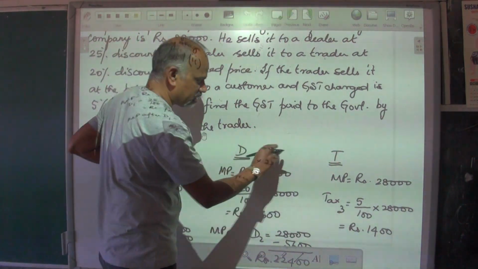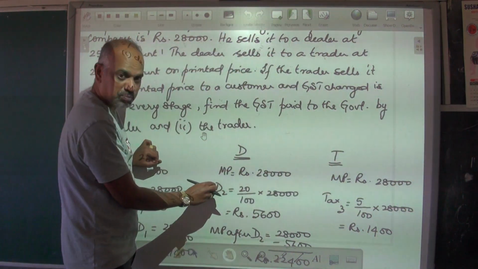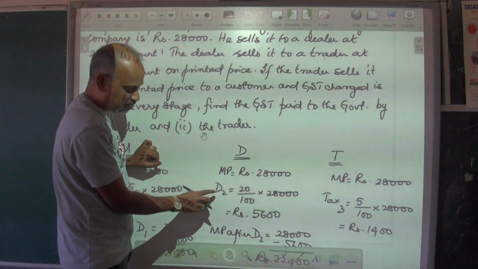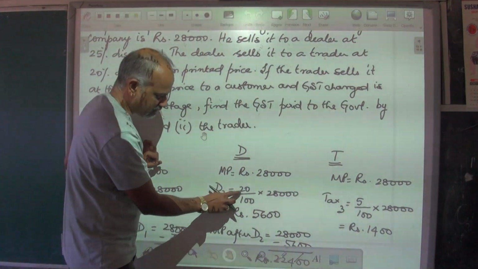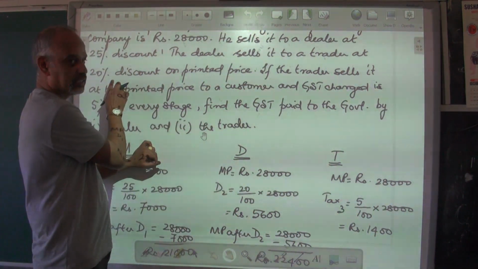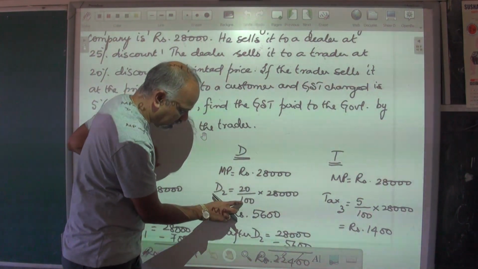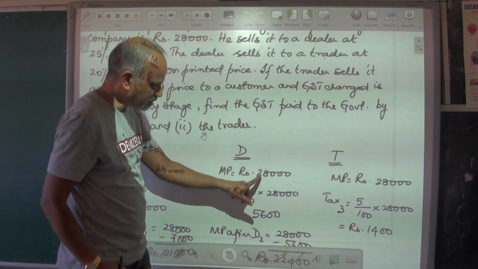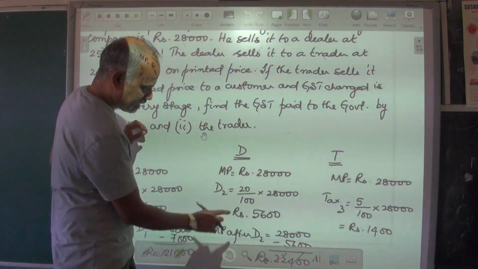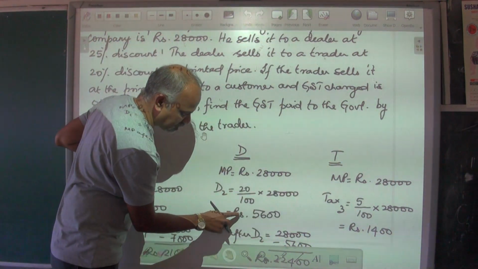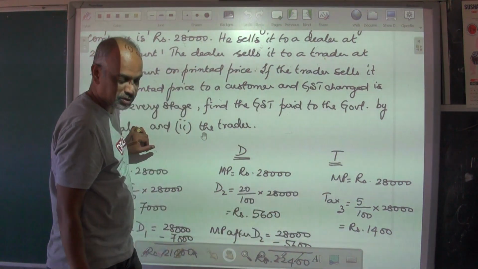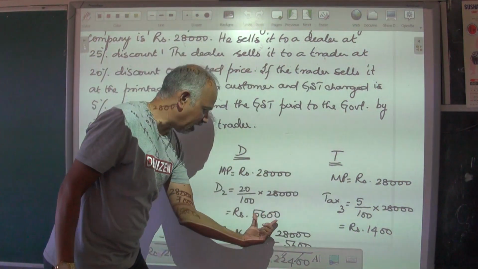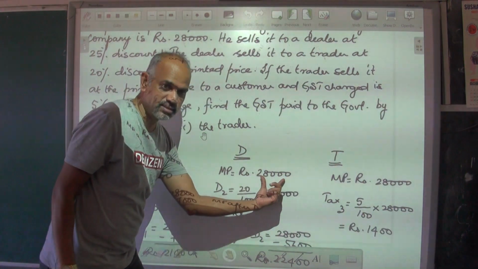So let's find that discount. The discount in the second case is 20%. 20 over 100 of the printed price, 28,000. On simplification this gives you rupees 5,600, which means the trader has to pay 5,600 less